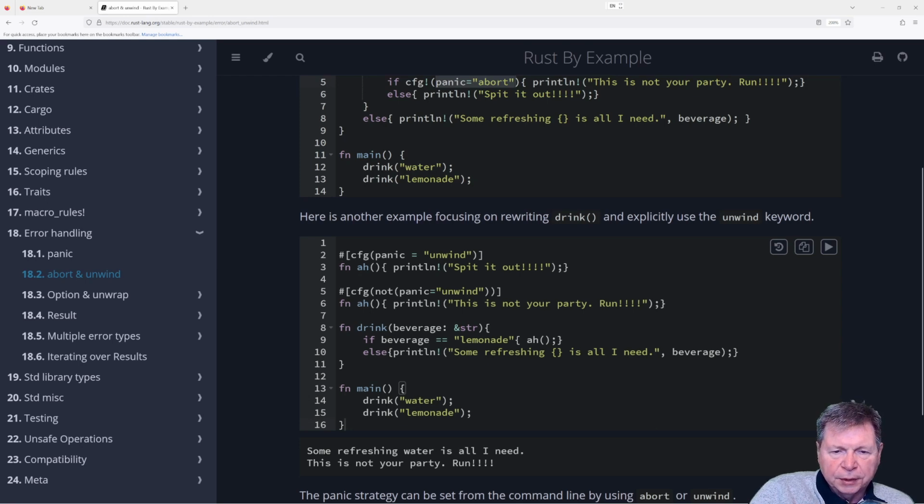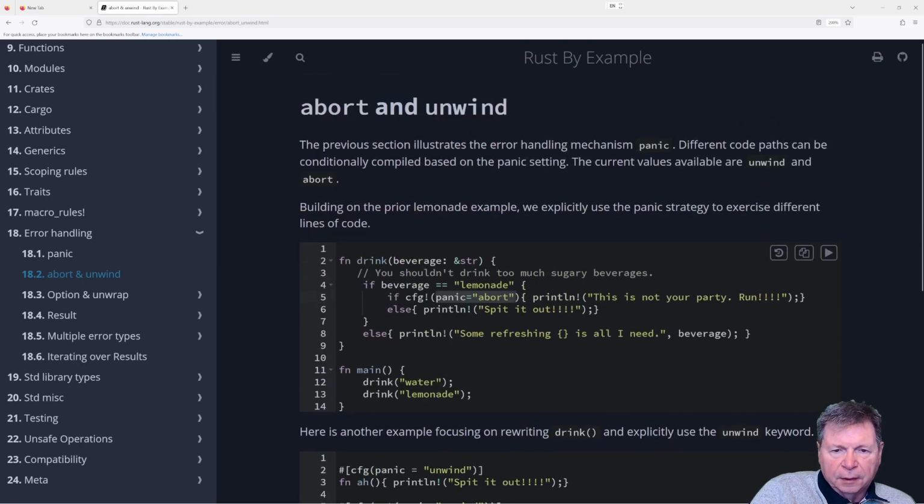Okay, so what's the point of this unwind? All right. But what's the point of this abort here? So, the current values available are unwind and abort. Building on the prior lemonade example, we use the panic strategy to exercise different lines of code.